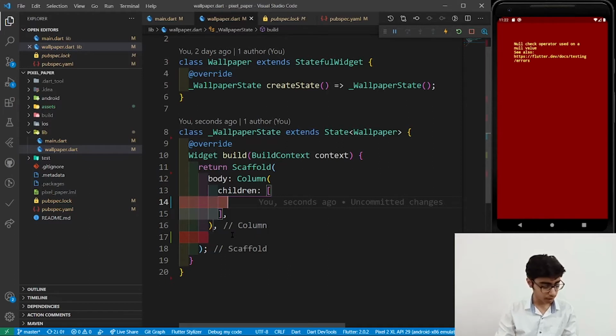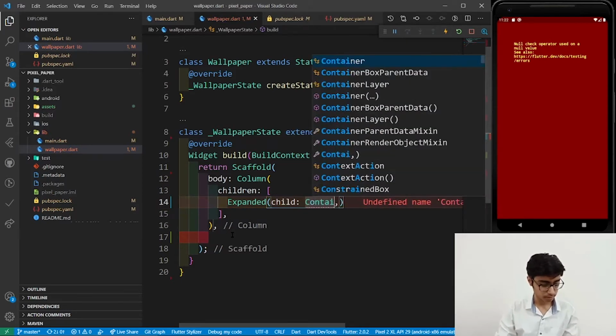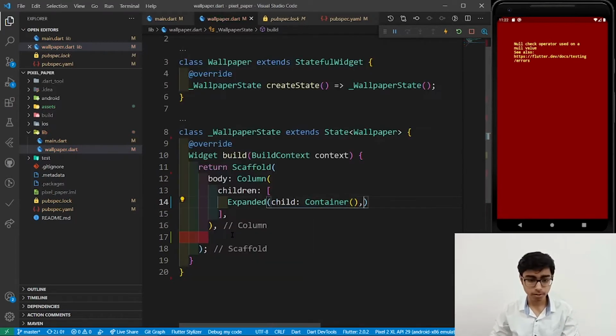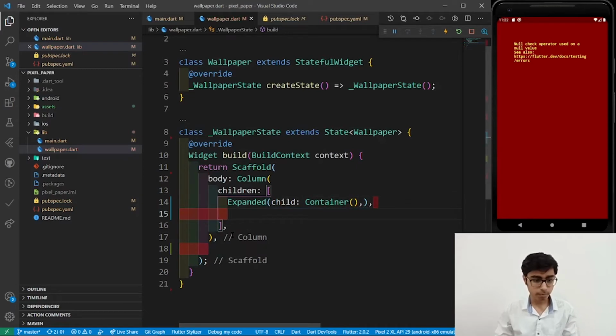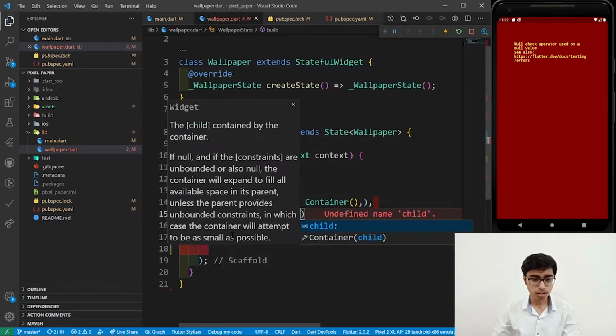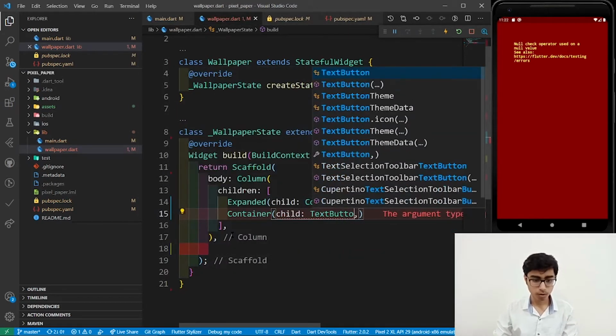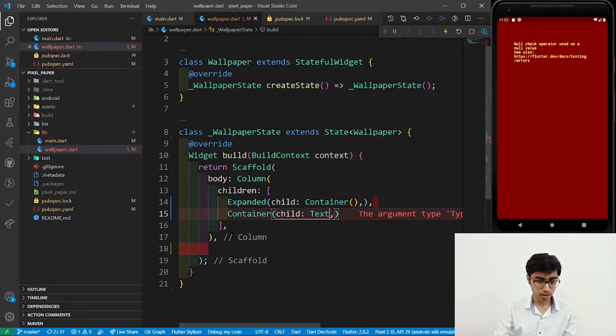So let's define children as expanded, child container. Let's keep it like this for now. And the second child will be the container which will be having a child text button, or we can keep it just text, and we can define the text as Load More, right?